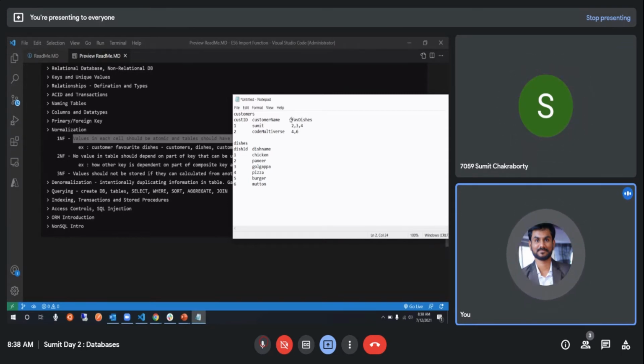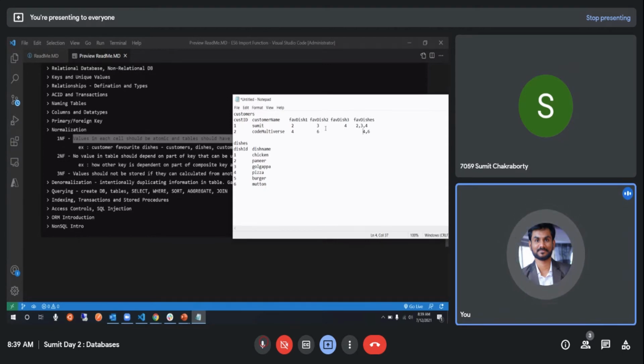It should have been something like this: favorite dish 1, and then it says 2. And then you might have one more column which says favorite dish 2, and then one more column which says favorite dish 3. Now both are examples of what we are talking about. 4, and then say, I'm sorry, 6, and then you have 4, 6.